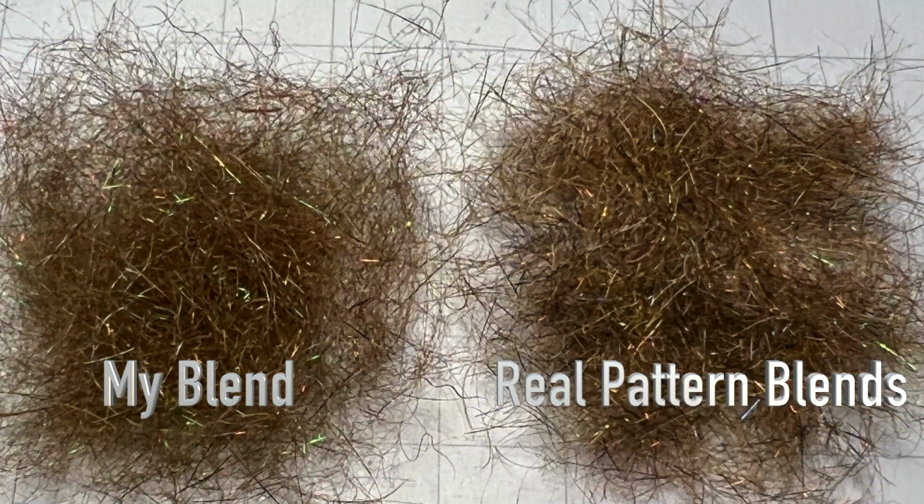on right now. So what I've been doing is I came up with a blend where I have copied it really well. Here, I'll show you a picture of it right here. And you can't tell the difference between the pattern blends and my blend, and it works just as well. It's actually what I was using when I was out west. And today I'm going to show you how I make that, and just give you a couple tips on blending